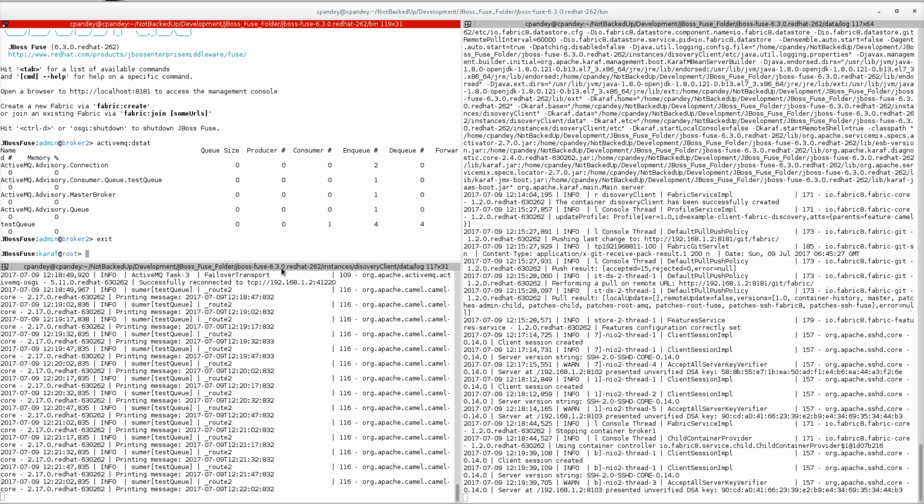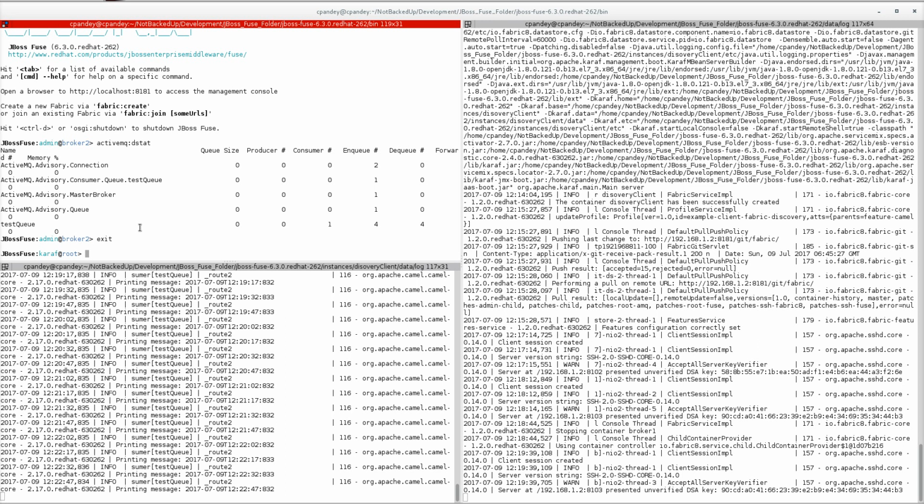In a Fabric environment, locking is done by ZooKeeper. ZooKeeper is the actual medium which is creating and maintaining the registry. In Fabric, ZooKeeper is a component which creates and maintains the registry, so this master and slave locking is done by ZooKeeper.